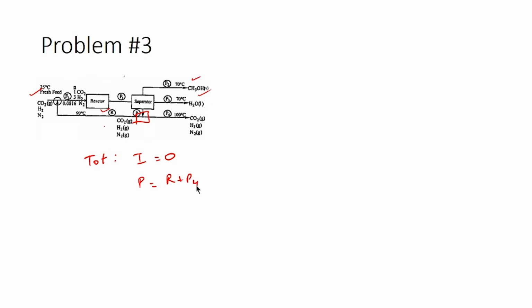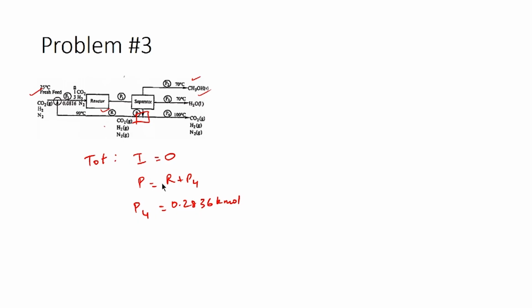So, solving for this, we would actually get P4 equals 0.2836 kilomoles. We knew the value for R, and we had also calculated the value for P earlier. So, using these two values, we can calculate the value for P4. We already know the composition of the purge stream. The composition of the purge stream would be the same as the composition of the stream P and the recycle stream. Using that, we can calculate the number of moles of carbon dioxide, hydrogen and nitrogen in